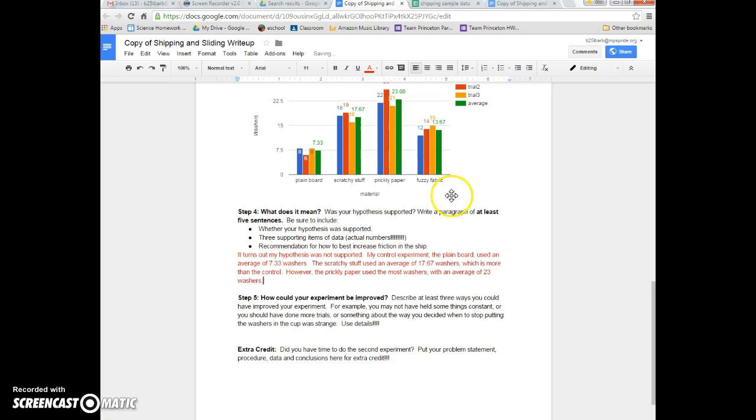All right, so already I've done this. Whether my hypothesis was supported, first sentence right here, 3 supporting items of data, actual numbers. So control experiment, 7.33. Scratchy stuff,